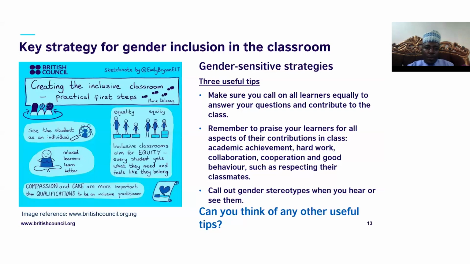Well, here we will be looking at key strategies for gender inclusion in the classroom. Some of these strategies are gender sensitive strategies. And here I picked up these three so that we can actually use them for examples and deliver this particular